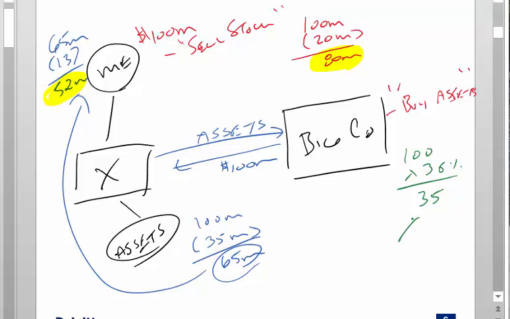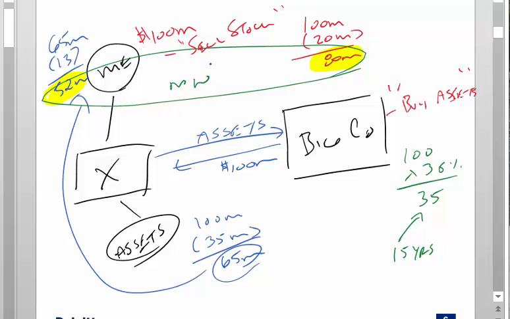The answer is this happens over 15 years, right? This happens now. And so once you apply any sort of discount factor to this, the benefit to the buyer is going to be less than the cost to the seller to transform a stock transaction into an asset transaction. And so the fact that there is double tax at the seller level, both here at the corporate level and then again at the shareholder level, that double tax makes acquiring assets inefficient. Because again, the basis step up to a buyer is not worth it.